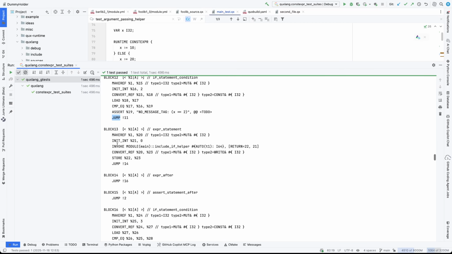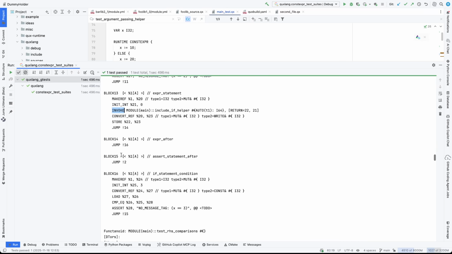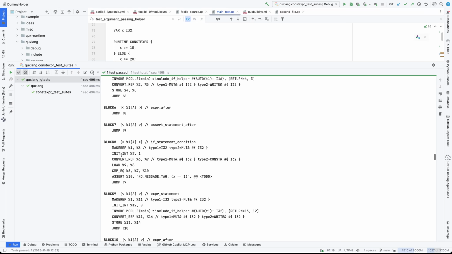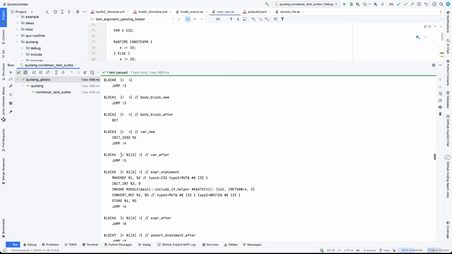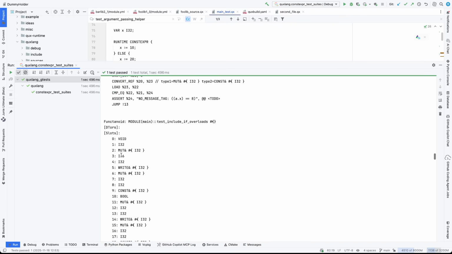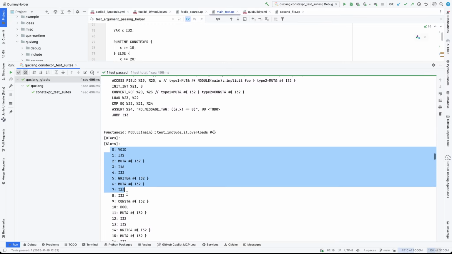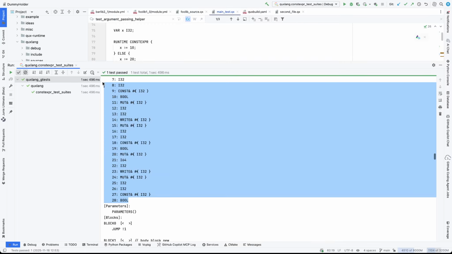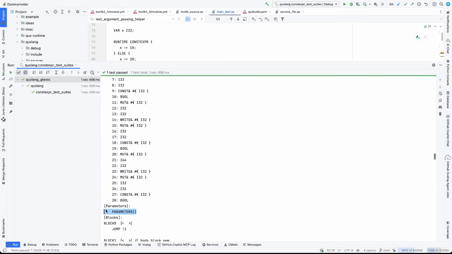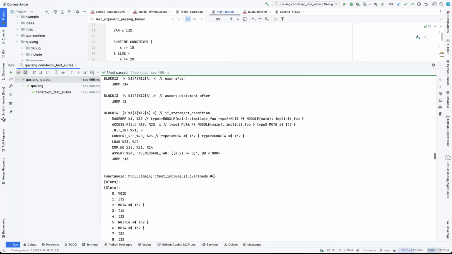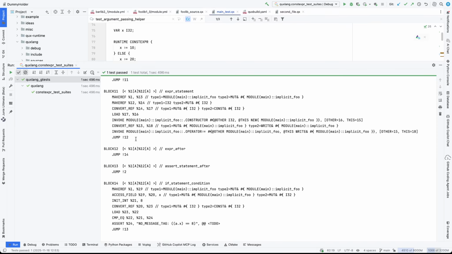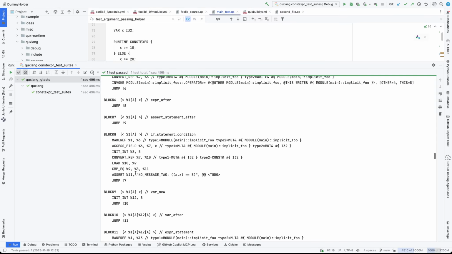So the assembly or the IR is a little easier to read now than it was in the previous version. Also, slots, arguments are not really slots anymore. They're now in this parameters thing, which is not being printed for some reason. But we have these constant ref slot and so on. So we get this IR from the function,